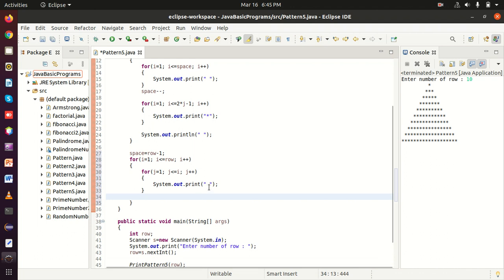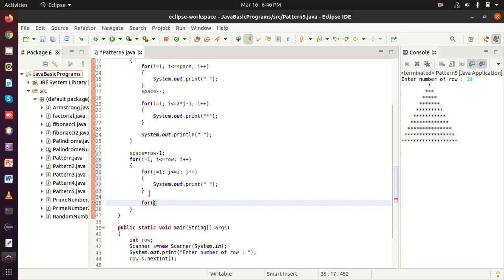Since i equal to 1, this inner loop will continue up to what? 1. j equal to 1, j is less than 1, no, j is equal to 1, yes. So this loop will work only one time when i equal to 1. So one time it will print one white space, and for the rest of this pattern print I am going to write one for loop again.